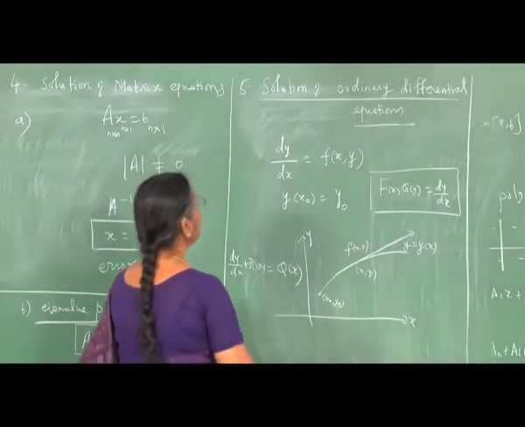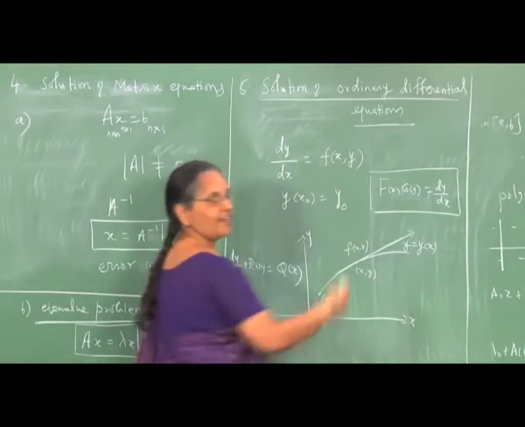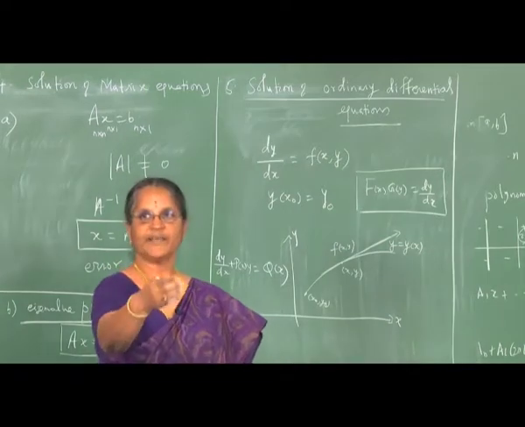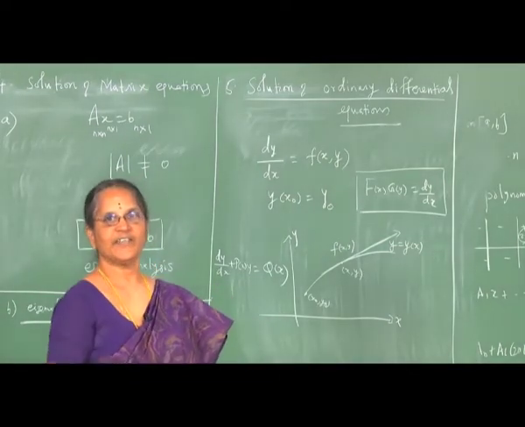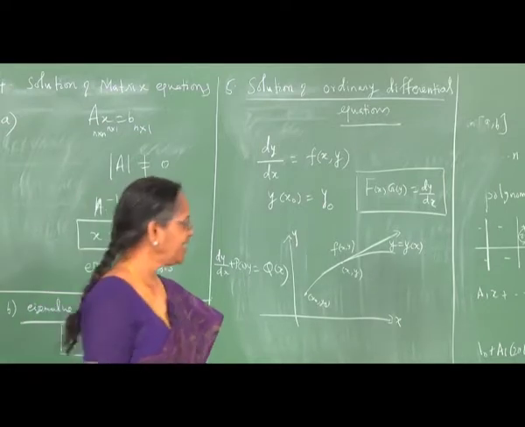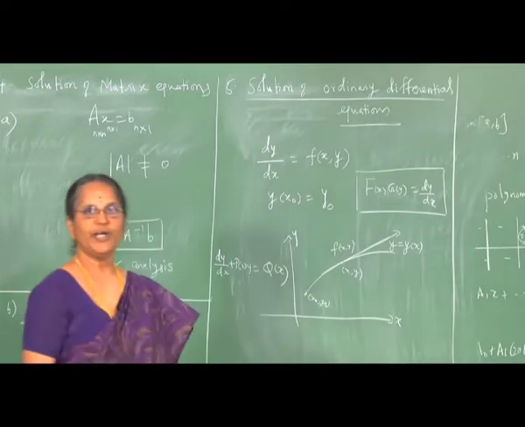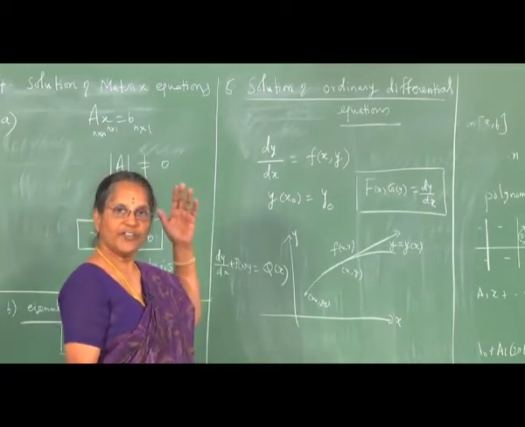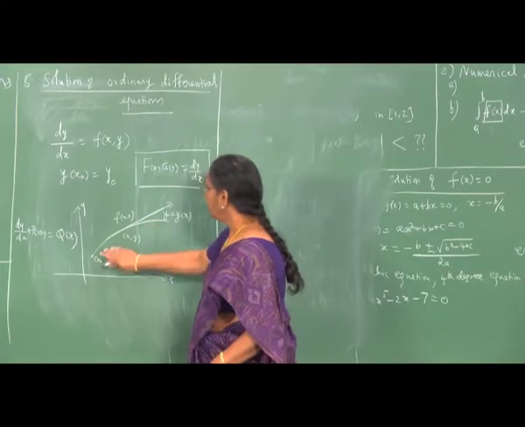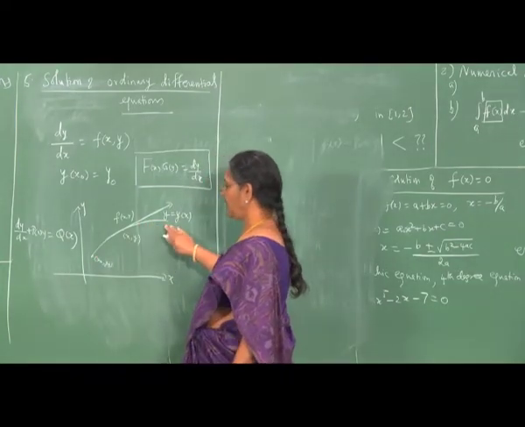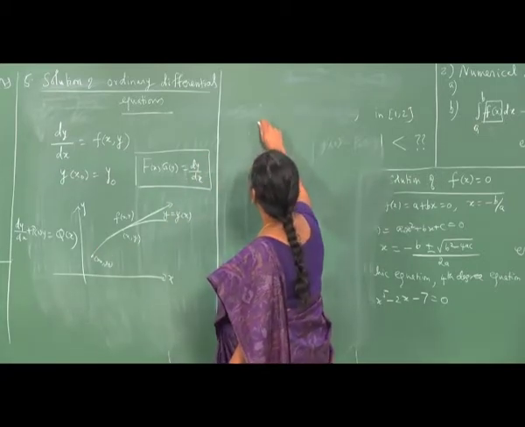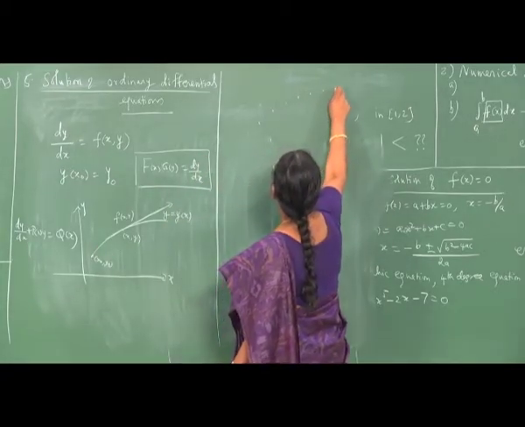However, if f of x comma y is a nonlinear function of x and y, and you are unable to get the solution of this differential equation analytically, then you need to have some techniques by means of which you should be able to get the solution. So, in numerical solution of differential equations, we would be determining this smooth curve in the form of discrete values